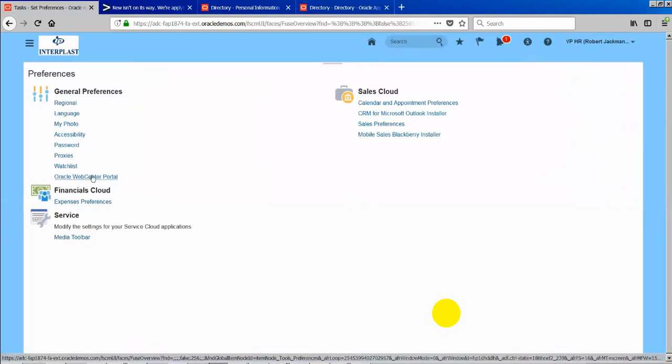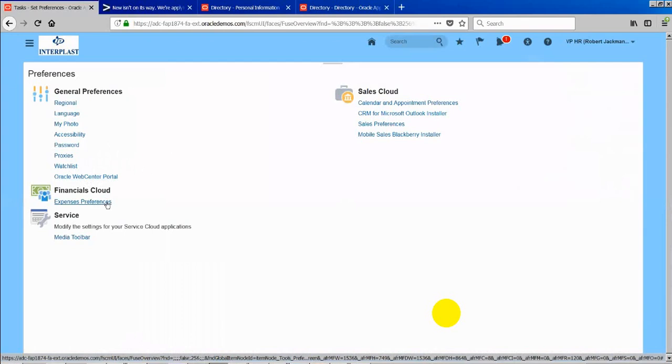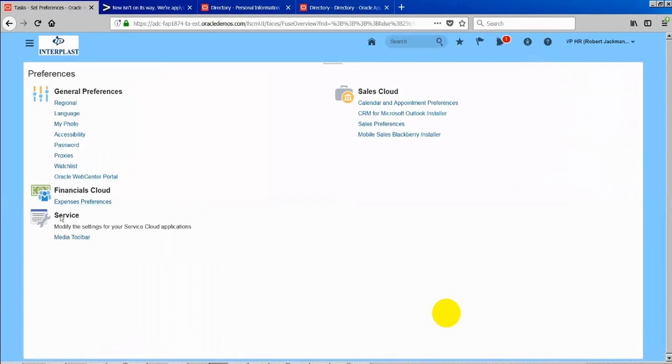It won't work in the SaaS model. If you want to access the Web Center portal to maintain your documents, or modify expenses preferences, any preferences at user level can be modified here.